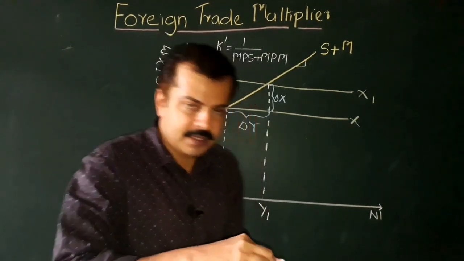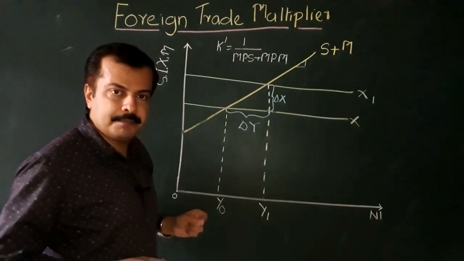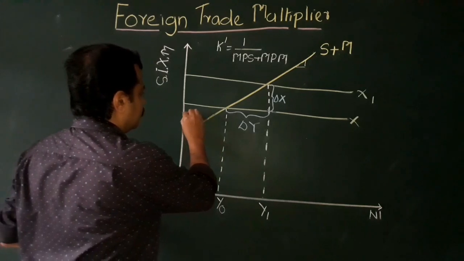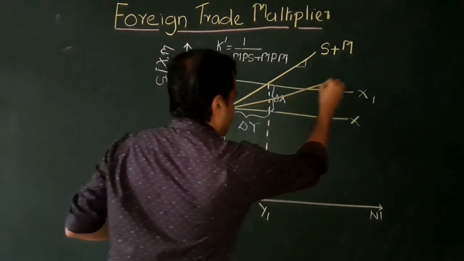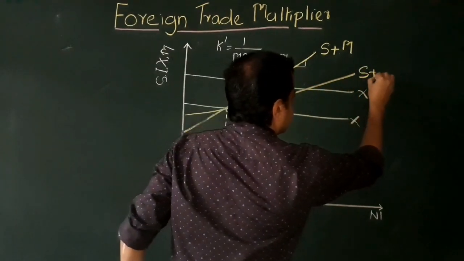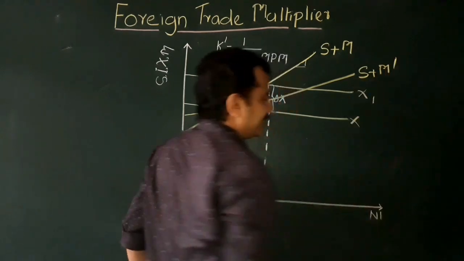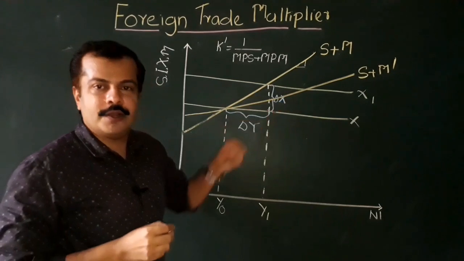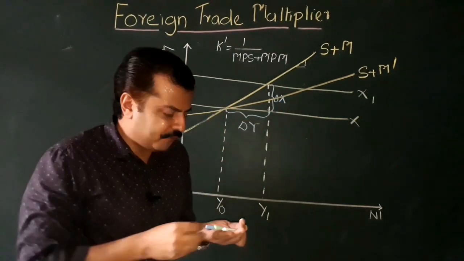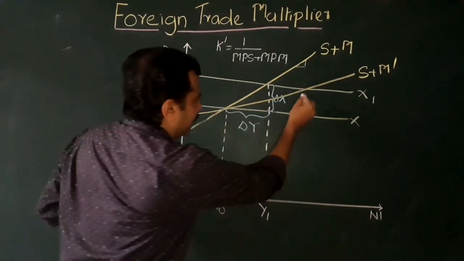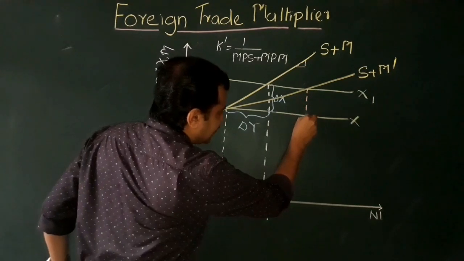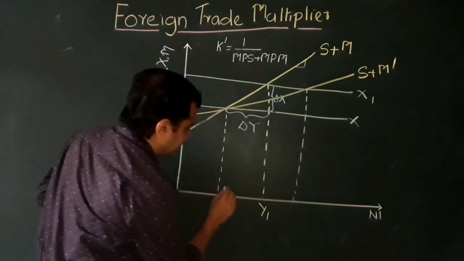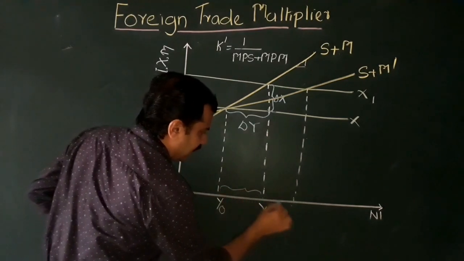See this? Let me draw another S plus M curve which is having a smaller slope. Let me see. I will put it like this, S plus M dash. Another curve which is having a smaller slope, or is more flat. See, the effect of multiplier is much higher. The earlier effect was the change in income was only this. Now you see